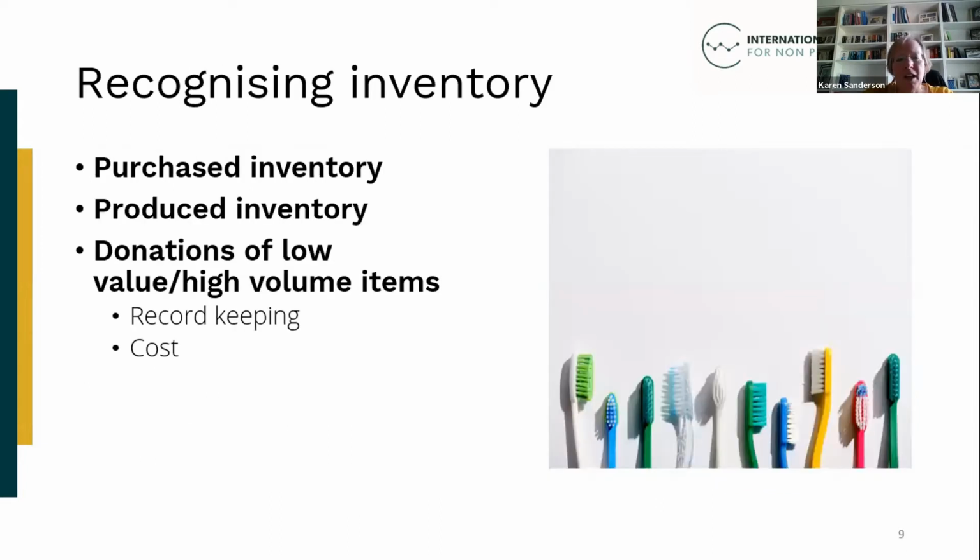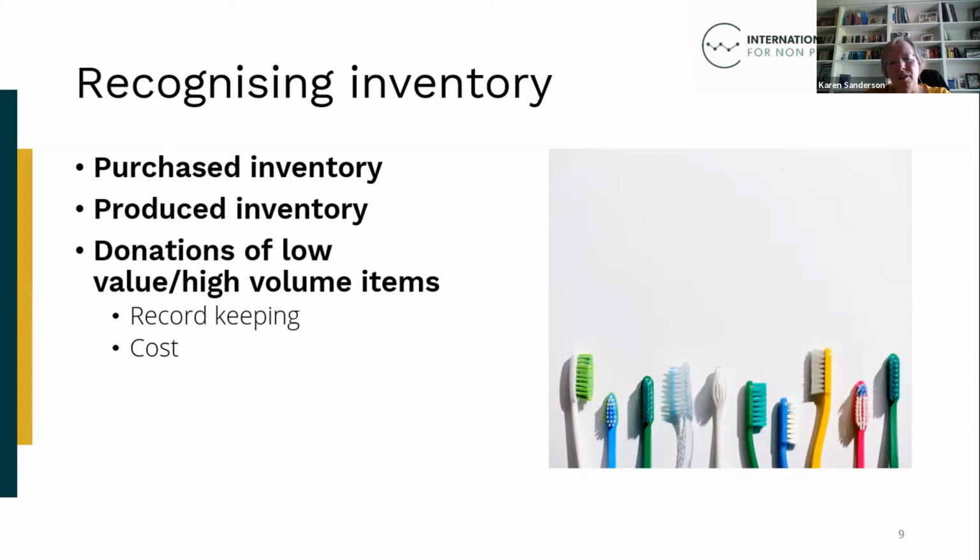So we'll just talk about in-kind inventory for a short period. Where an NPO acquires inventory by purchasing the inventory itself, the cost of the inventory will be straightforward to determine, because you know how much you paid for it. And while there may be challenges for some NPOs in determining the cost of producing inventory that it's done for itself, these issues are unlikely to be unique to NPOs and similar to other types of organisation, whether they be in the private or public sector.